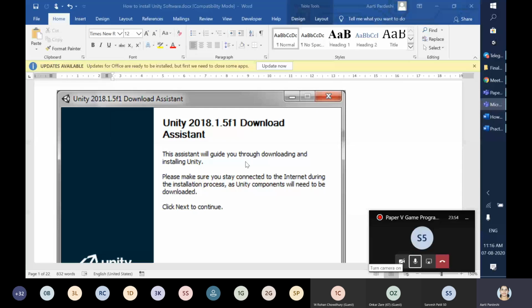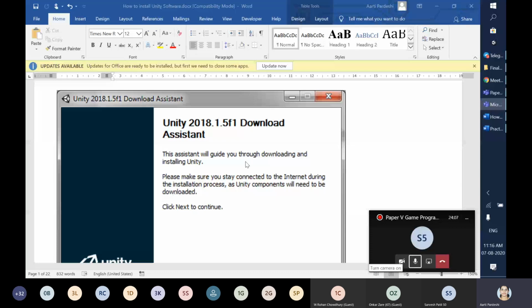Otherwise you can work offline, download everything, create folders, material, characters or animation, put everything there, audio, video, and then go ahead with your project creation. But I suggest that if an internet connection is there, it will be much easier for you.